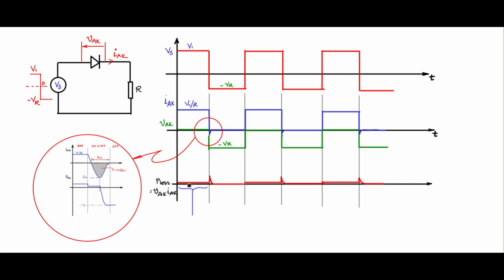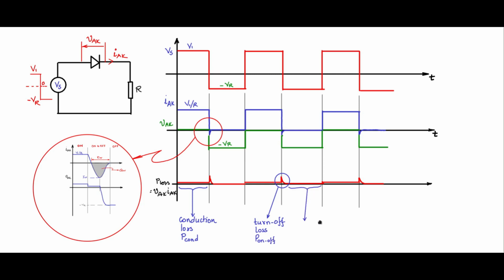And this portion, as I said, is the conduction loss or the on state loss, and we can name it as P COND, P conduction. And this portion is the turn off loss from the on state to the off state, and that is actually the zoomed picture, the multiplication of the current and voltage of this portion of the zoomed picture during the reverse recovery time. So this is the turn off loss, and this is on to off.